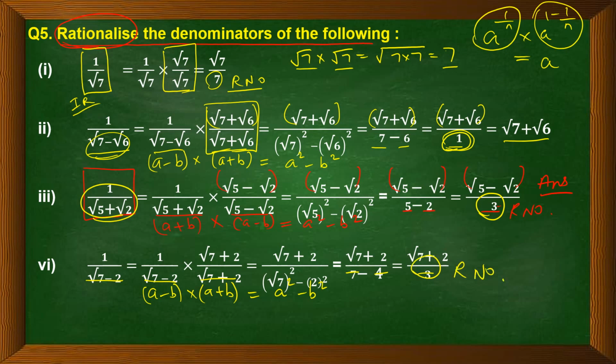And in the numerator we are multiplying by 1, so it remains the same, right? Everywhere it is the same. Only in the denominator you have to work out. So we have converted an irrational number, that was root of 7 minus 2, into a rational number, that is 3, right?